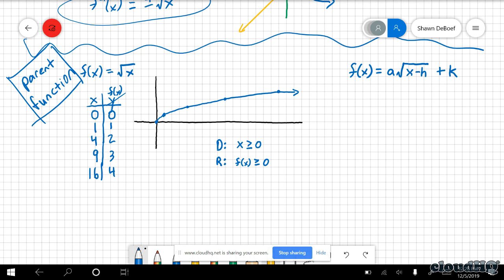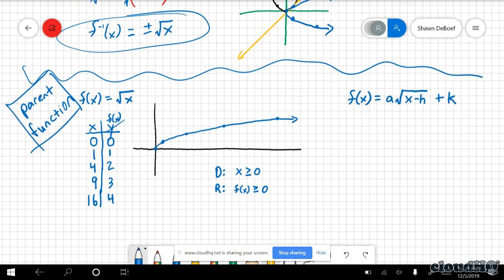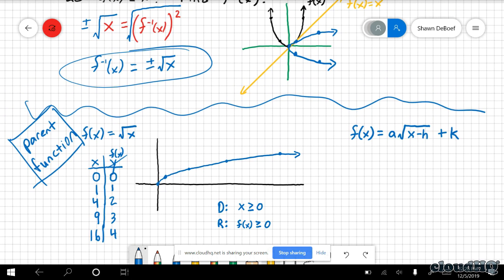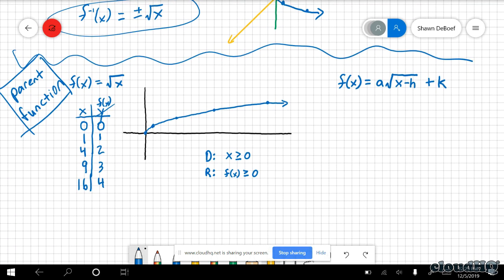What does the A value do? Stretches or compresses vertically. And the other thing that can happen here is that the A value could be negative. If the A value is negative, what do you get? Reflected. Just like up here. Remember, we have up here, I have two of them. I have the top one, and then I have the bottom one. The bottom one was the negative one, so it reflected. So your A value can flip it. You can write those notes down that that's what A does, that's what H does, that's what K does. We have written those down every chapter. So hopefully you're starting to remember that.